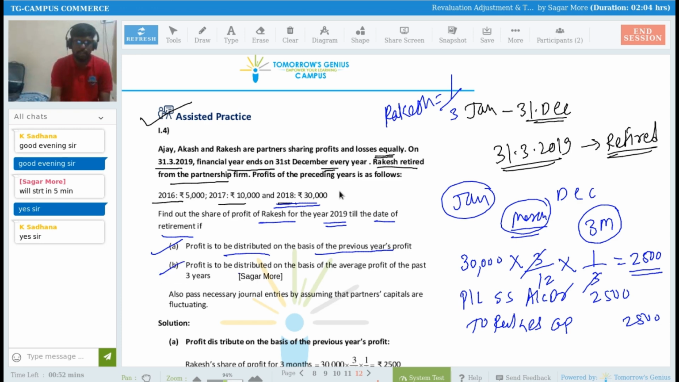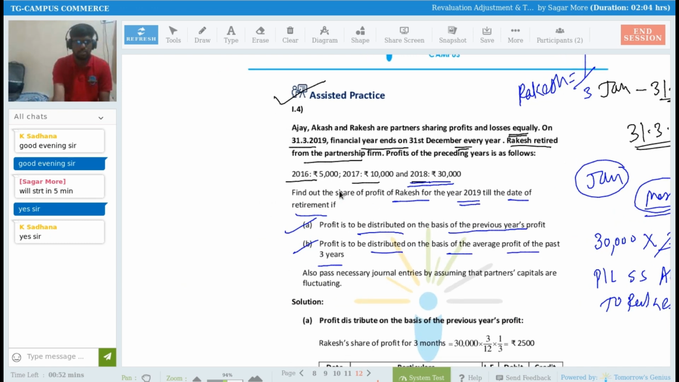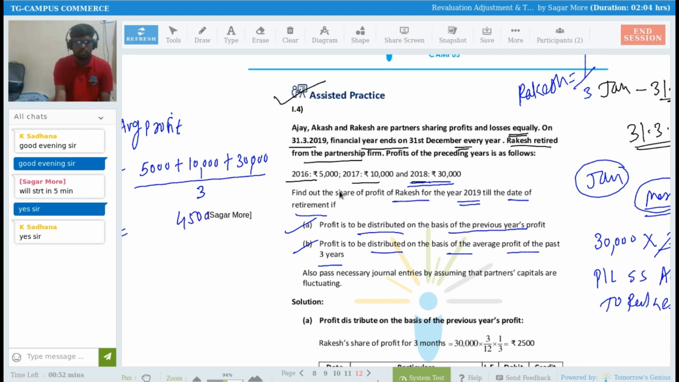Now, they are saying profit is to be distributed on the basis of average profit of past 3 years. So in this scenario, I need to calculate first of all the average profit of the last 3 years. So average profit will be how much? 2016 profit is 5,000, plus 10,000, plus 30,000, right? Divided by 3. So 45,000 rupees divided by 3, it comes to